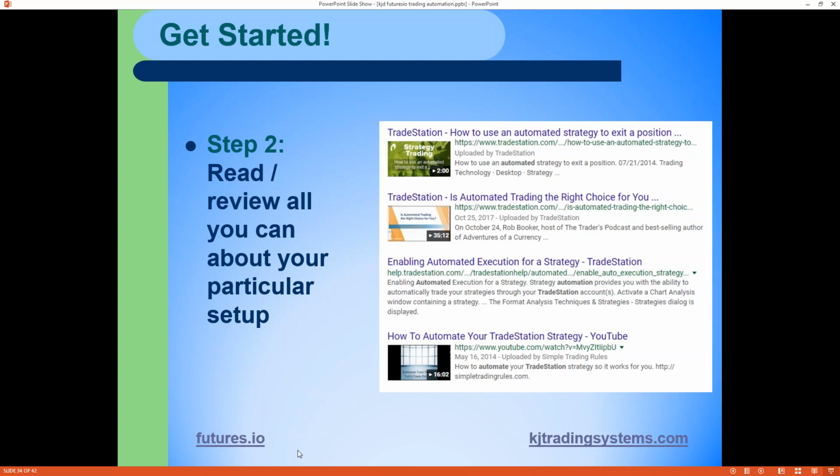That's really step 2. From this, you might watch a bunch of things and read some things and then be like, oh man, this isn't going to work, and you have to go back to step 1 and look at a different platform. But hey, it's better to do this than to just think you can automate, turn it on, and go. And you might laugh and say, well, who does that? People do. It's amazing how many people trade and automate before they should, because they're so excited to start doing it. Take your time. There's no rush to do all this.